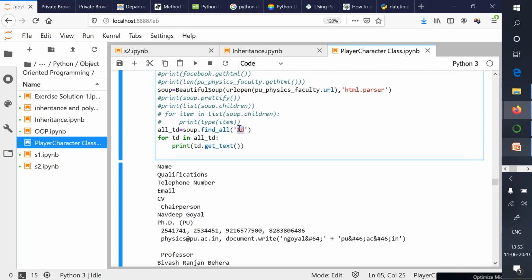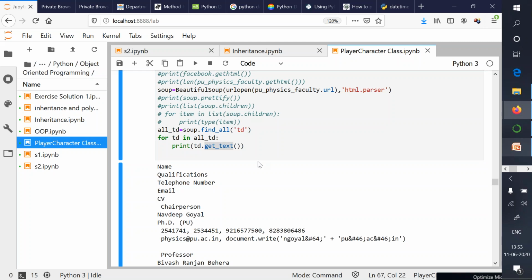If you are familiar with HTML, you might know that td is a table data tag. So with find all, we are finding all the table data tags in the HTML text of the website, and then we are iterating over that data. For all td, we are printing td.get text.